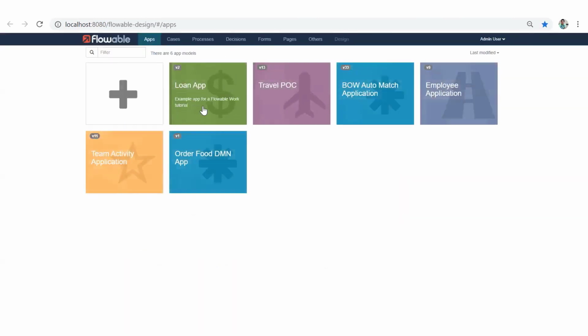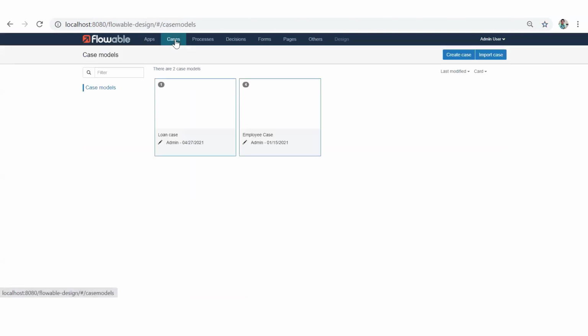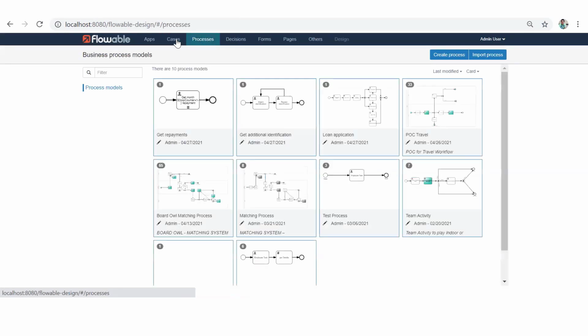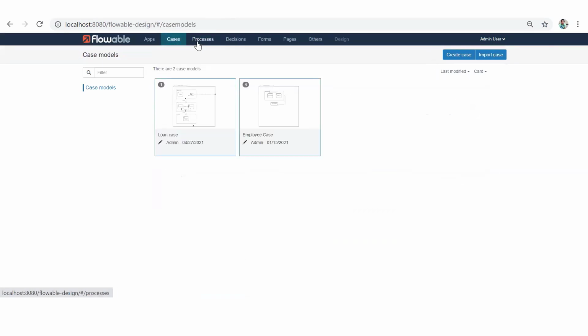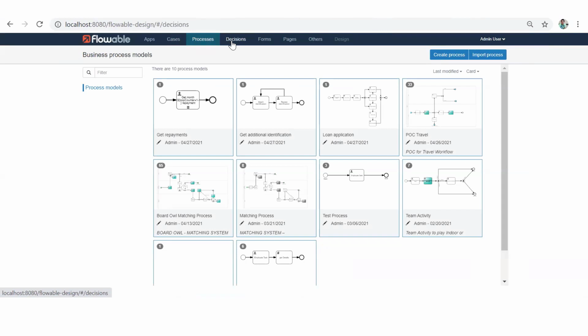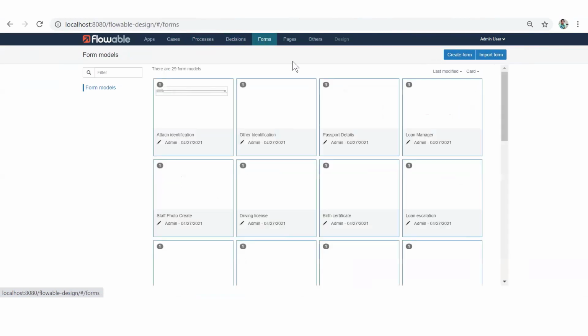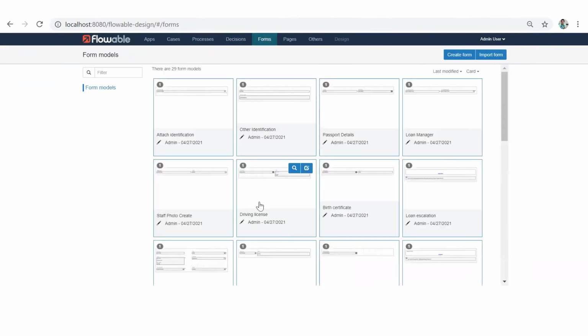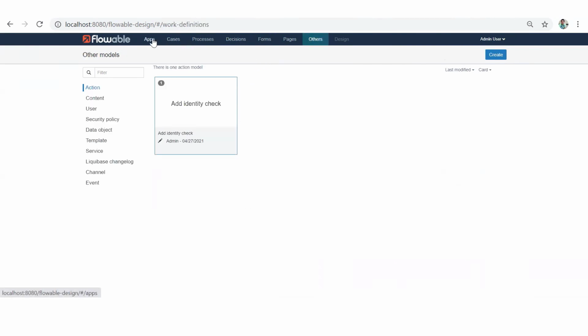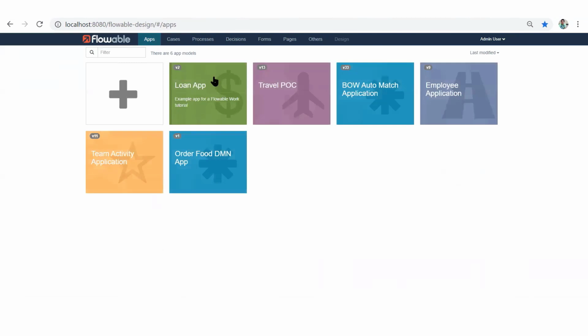When you come here, it will give you a dashboard of all the available applications which are already developed. You can create a case, you can create a process using CMMN, you can create a decision. You can also create UIs, forms. Whatever you are seeing are already developed, and there are other supported features as well. Not to go into detail, I'll try to open one of the applications which uses all these three terminologies.